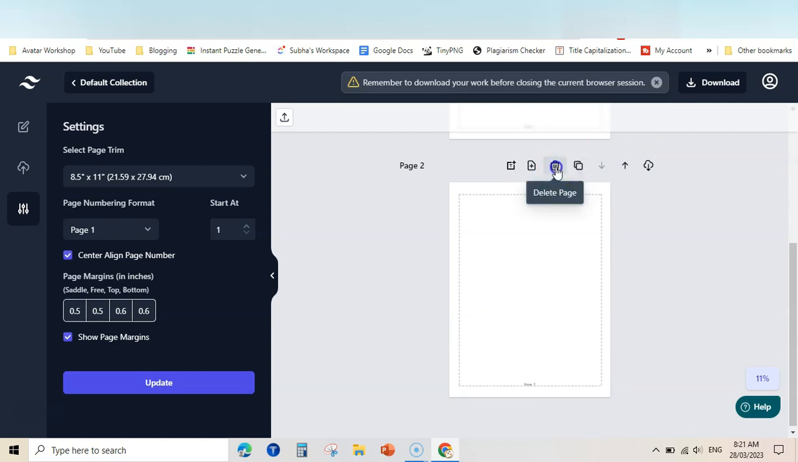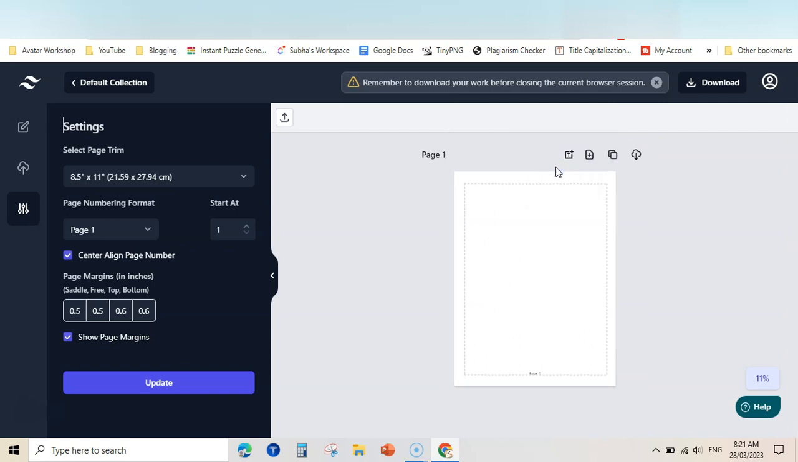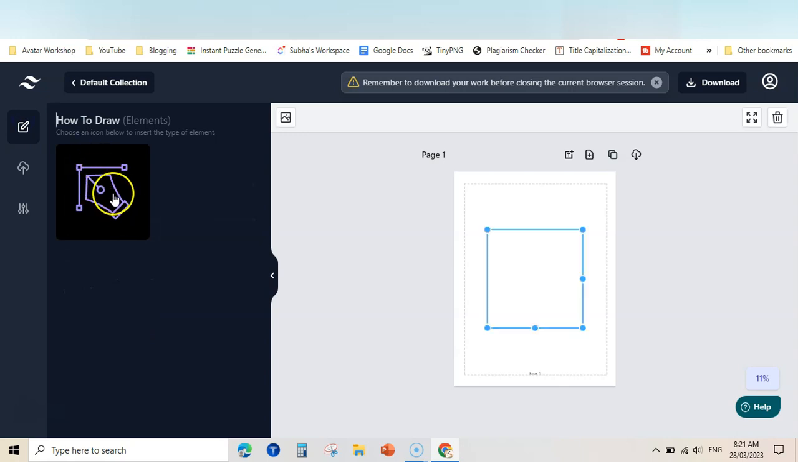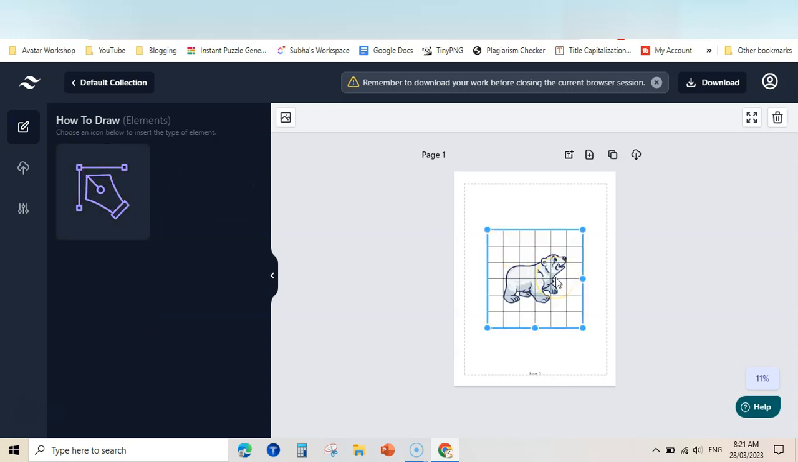If you are using different margins, it will auto shift for left and right page. That is a very good feature inside this software. So let's create the first how to draw page. You can come here and click on this pen icon, and it will add a default grid, and